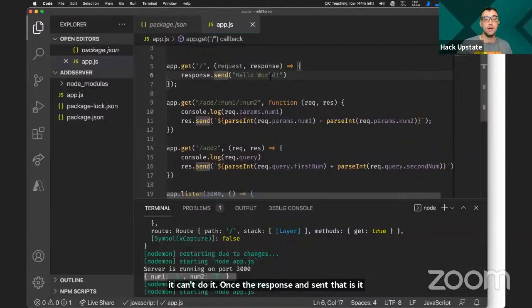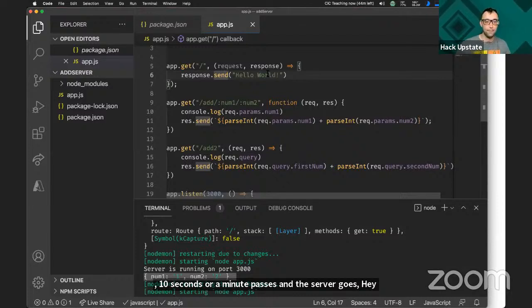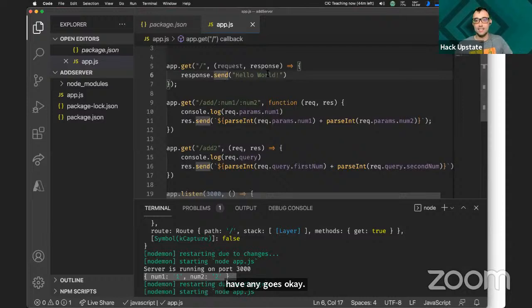It is gone. And so it is common to use something called polling, which is basically your front end saying, hey, do you have any data? And the server goes, no, you got it all. And it goes, all right. And then 10 seconds pass or a minute passes, and it asks, hey, do you have any data? And the server goes, no, I don't have any. And it goes, okay. Hey, do you have any data? Oh, yeah, I've got a new message for you. And it sends it down.